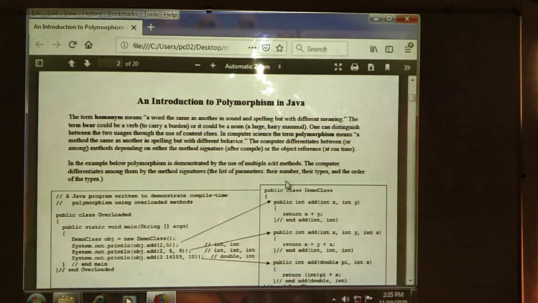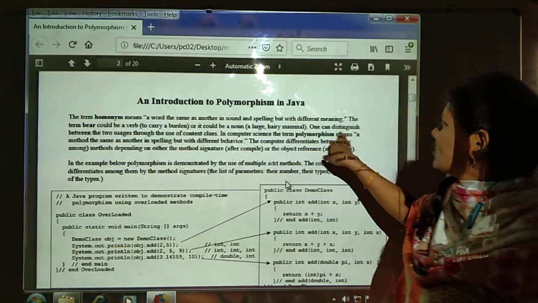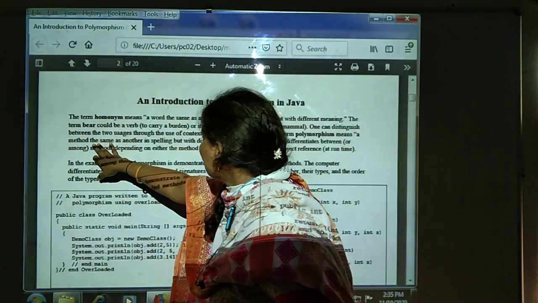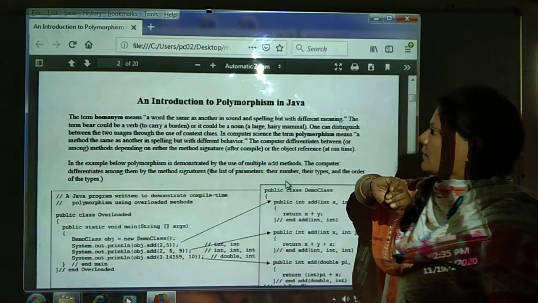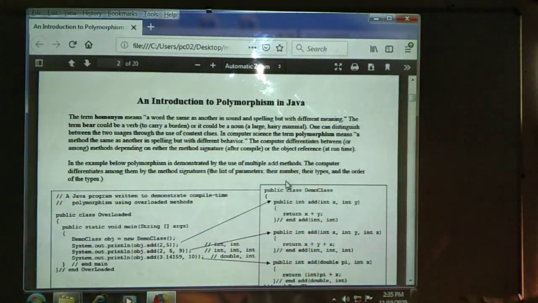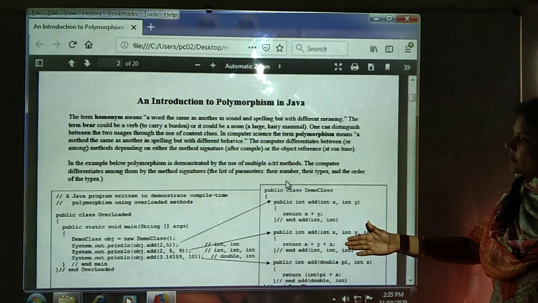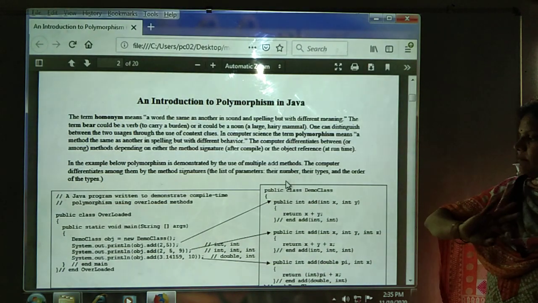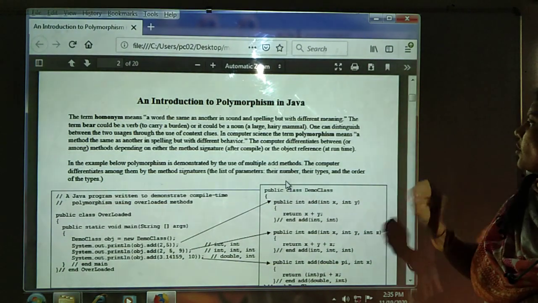These are three methods with the same name, and the parameters in the three addition methods should be different. That is called polymorphism. Behavior is different from one method to another method, while the method name is the same.